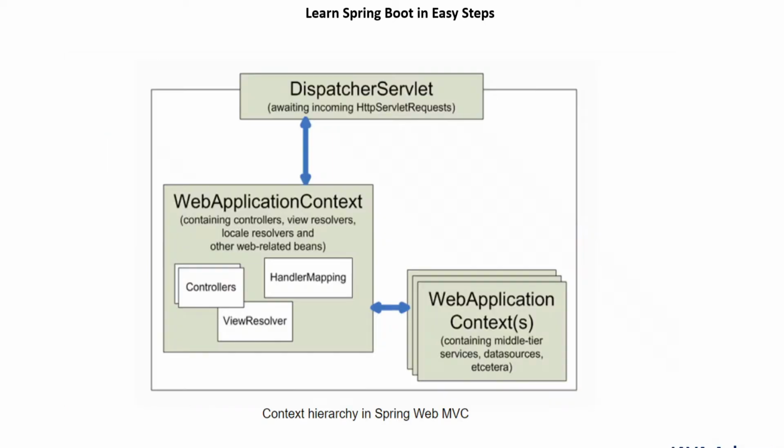Let's go ahead. If you see the dispatcher servlet, this is the elaborated example. When a request comes to the dispatcher servlet, for example an HTTP servlet request, it goes to the application context, and here there is a controller. The dispatcher servlet knows which controller to route the request to, and the handler mapping is the component which handles the request. Once the processing is done, the view resolver comes into the picture to resolve and render back the response, right?